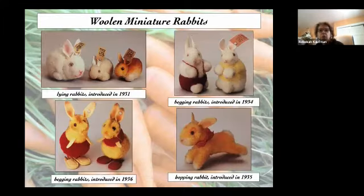Here are some other examples of the Steiff's woolen miniature rabbits. These lying rabbits in the upper left were introduced in 1931 in one of the earliest woolen miniatures in the Steiff line, and you can see how well rabbits translate into the pom-pom form. The begging rabbits, introduced in 1936, the couple on the bottom left, totally adorable. Their legs are made out of metal and their feet are made out of metal, but they're wearing little tiny